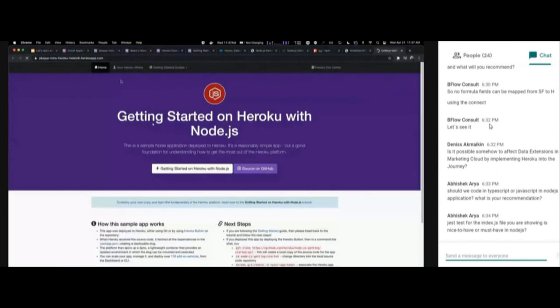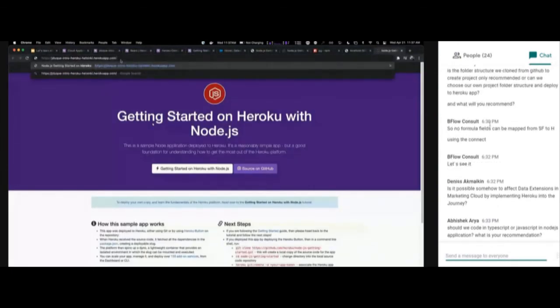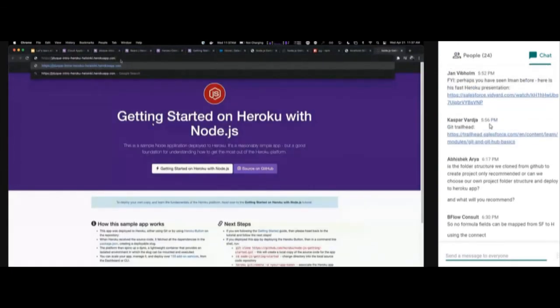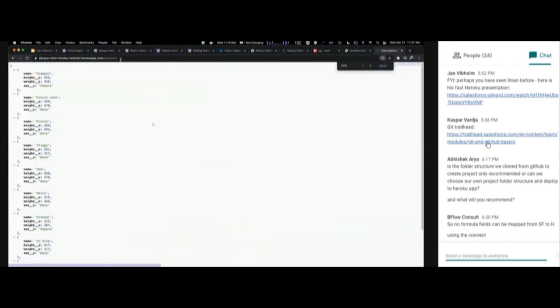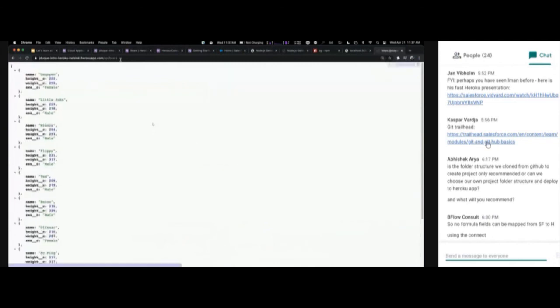Let me see. Heroku API bears. Let me see if it works. API bears, and voila, I am on Heroku with my beautiful